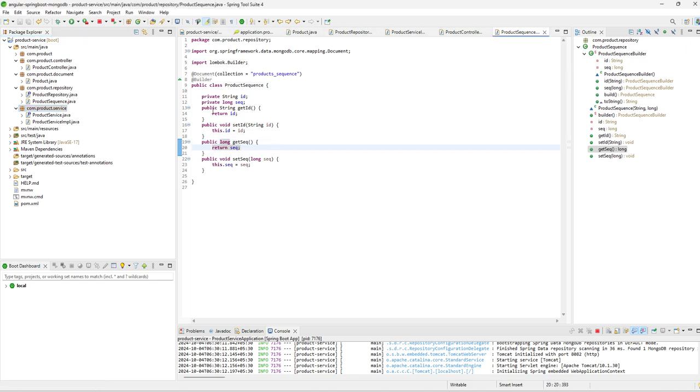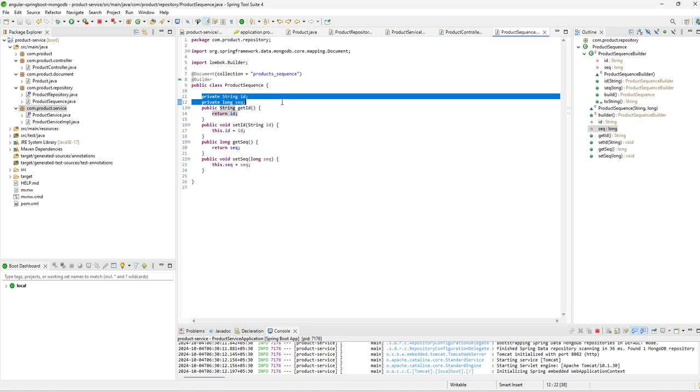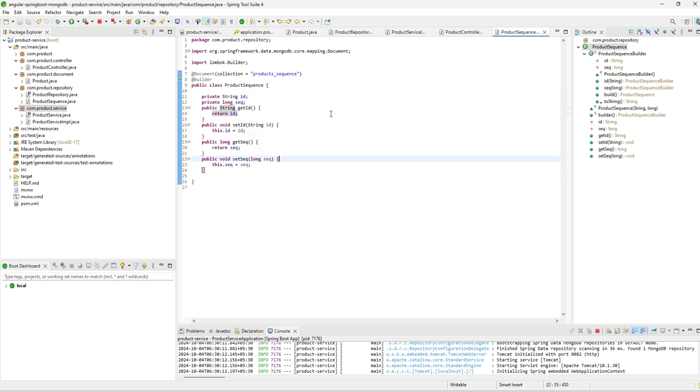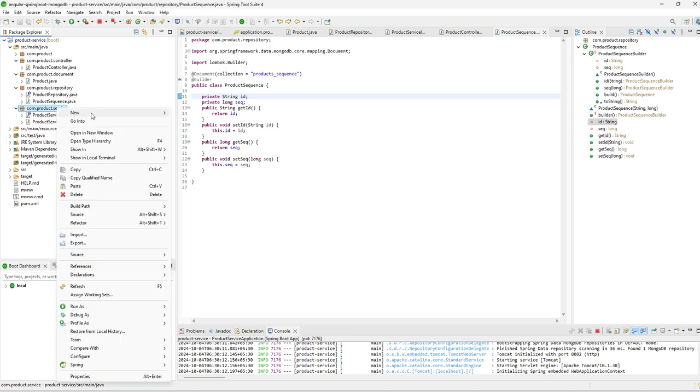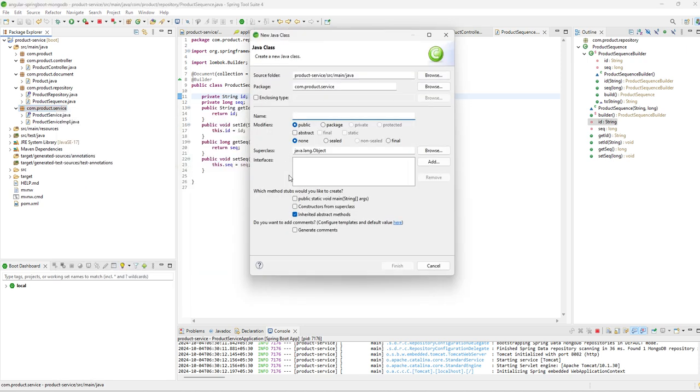Next thing we can do: here we have created one product sequence, and this is the ID sequence, and we are going to use it to create the sequence. For creating the new sequence, we need to use this. Now let us create one service class with name like